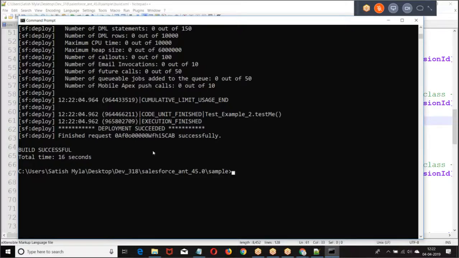So generally in organizations, we follow ANT. Generally, the organization will go for ANT if it's a big implementation. If you go with a larger volume of implementation, or any version controlling they are using, generally they go with ANT. The inbuilt concept is change set, but the general practice is ANT. Generally people will use ANT for deployment.